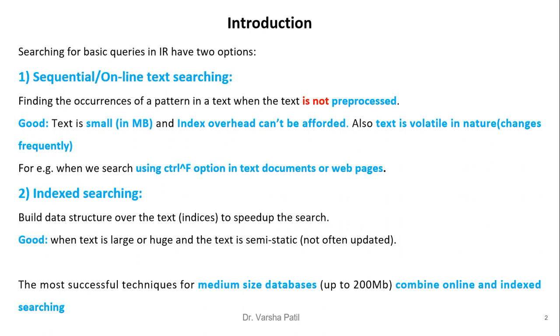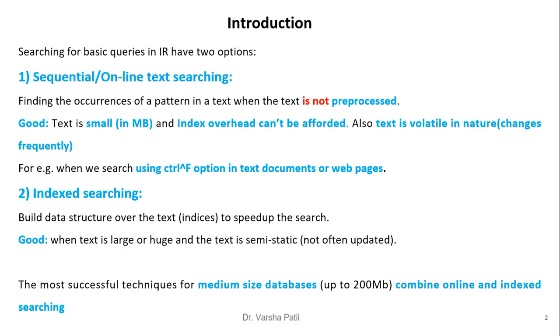Searching for basic queries in IR has two options. First is sequential or online text searching. It finds the occurrences of a pattern in text when the text is not pre-processed. It is good when the text is small in size. In MB, index overhead can't be afforded. Also, text is volatile in nature, that is, it changes frequently. For example, when we search using the Ctrl F option in text documents or web pages, we are doing sequential or